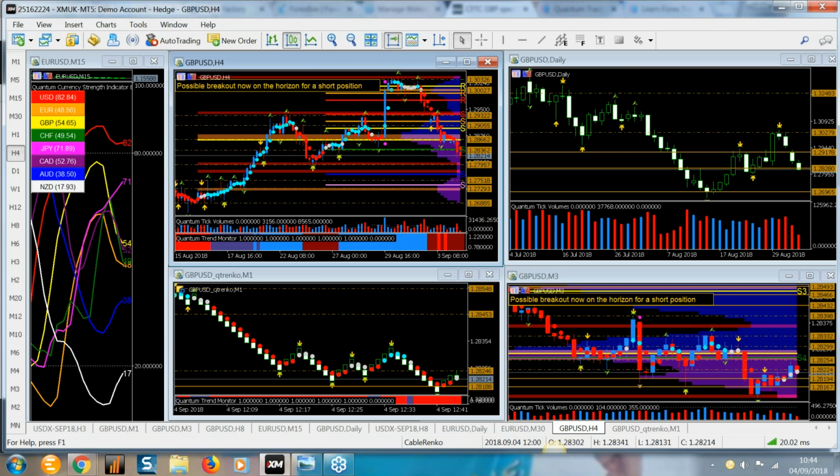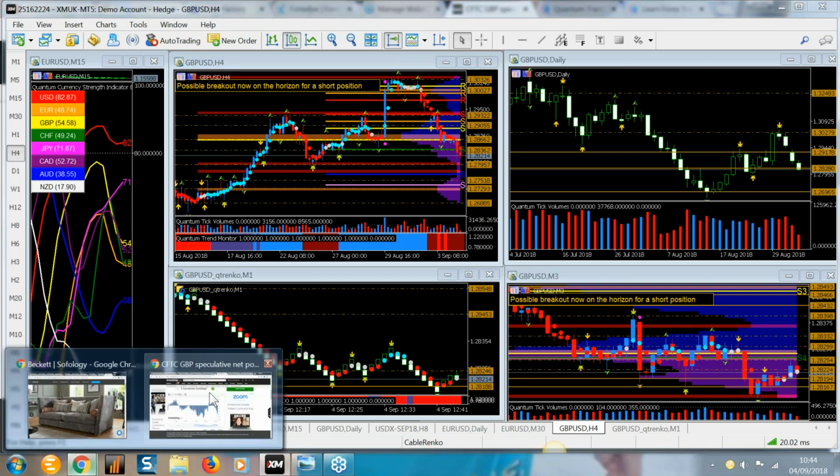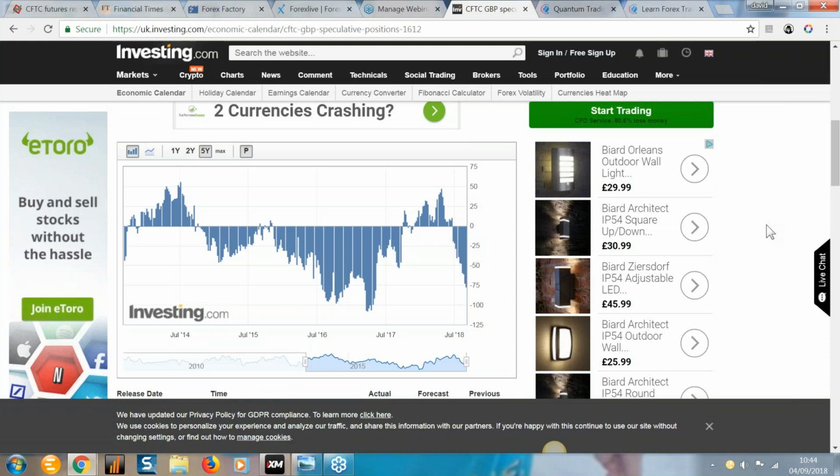I did actually do a post on this on Facebook, and basically this is really interesting about the British pound, and it's where we have to sometimes have a bit of cognitive dissonance in our heads about what is going on with a currency and a currency pair. Oanda used to do a really nice little tool on their site which gave you what the positioning was at the CFTC in terms of long and short for different currencies. But for some reason they haven't updated it for some time, but